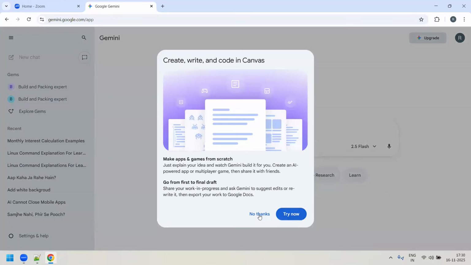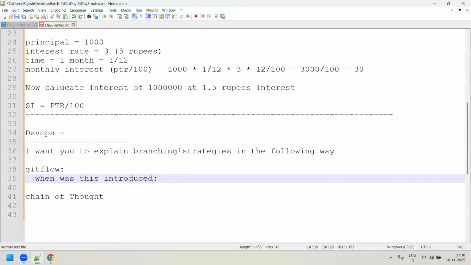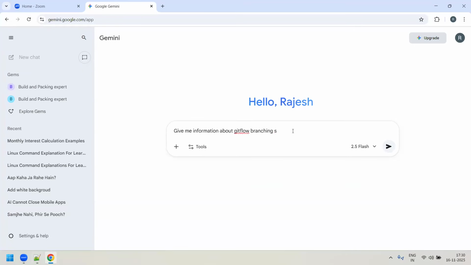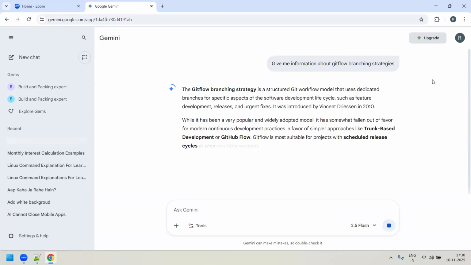I'll ask something like: give me information about what is Git Flow branching strategies actually. Let's see what information it gives.